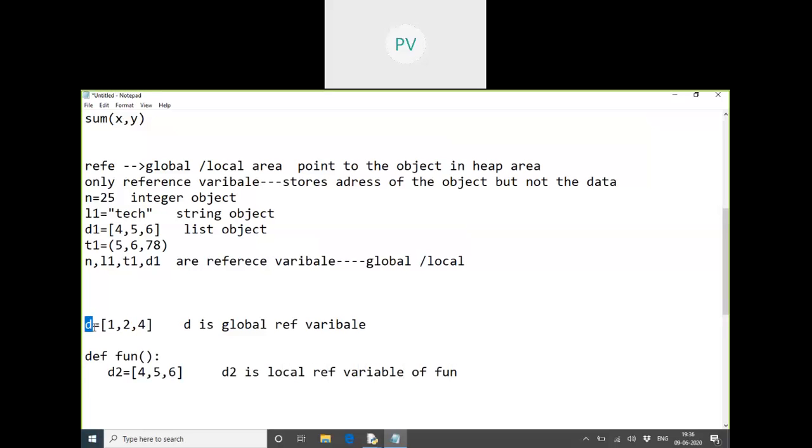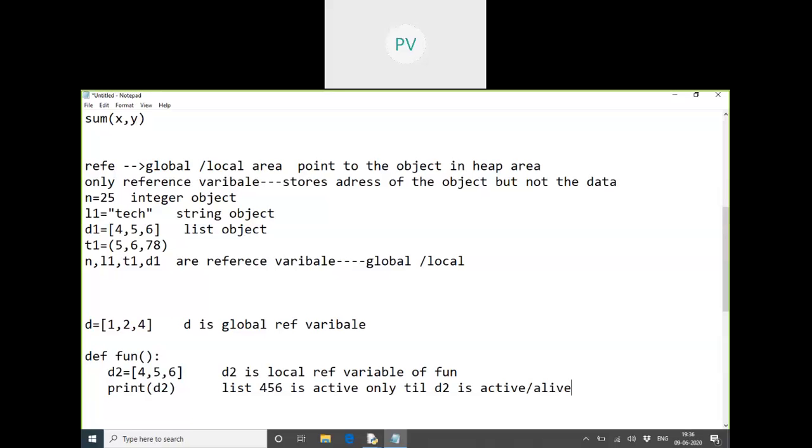References are important. This reference is a global reference to some list. The list is in the heap only. D2 is a reference which is in the stack. It's a temporary one. But this is also pointing to an object. This reference will only live as long as this function is running. As long as this function is running, this list is alive. So the list is active only till D2 is active.